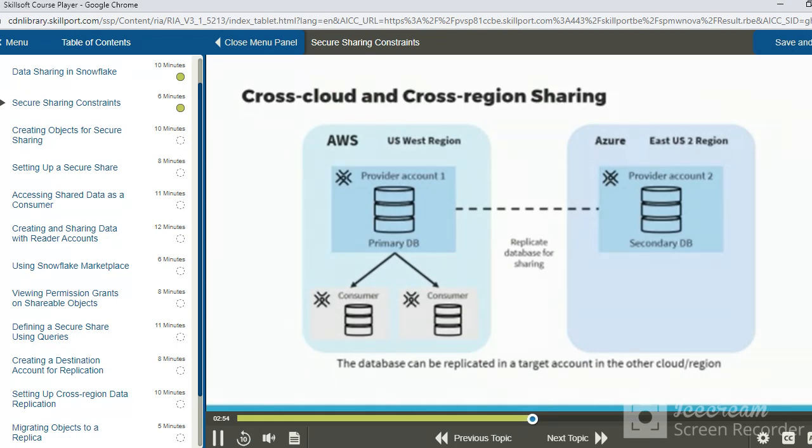Now for our example, let's just say a lot of the prospective clients are located in the eastern United States and also happen to be users of the Azure cloud. In such a case, the provider will need to create